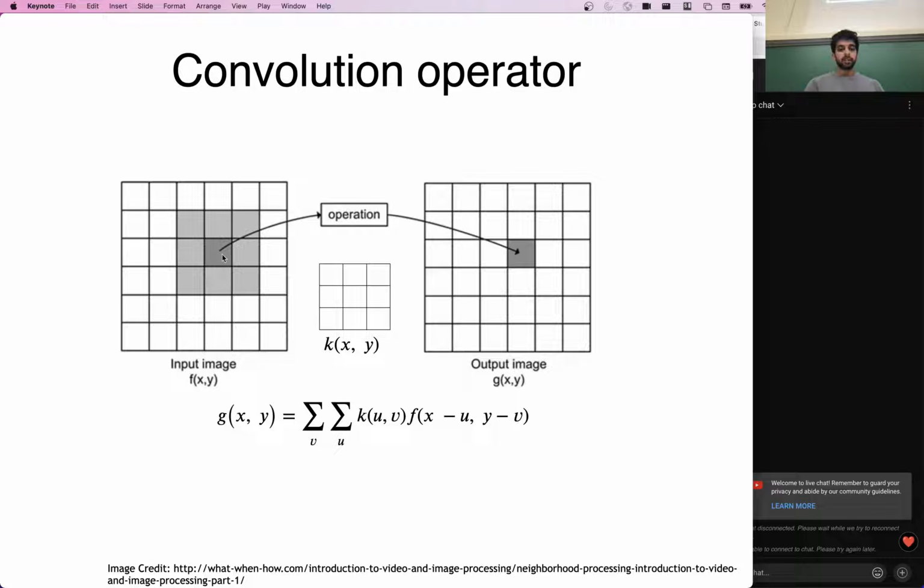pixel. So if we've chosen this pixel, we will multiply this top left element here of our kernel with the top left thing over here, this one with this element, and so on. So we'll get 9 different products, and we will sum them up. And that sum gives us the value of the resulting output cell in that location.